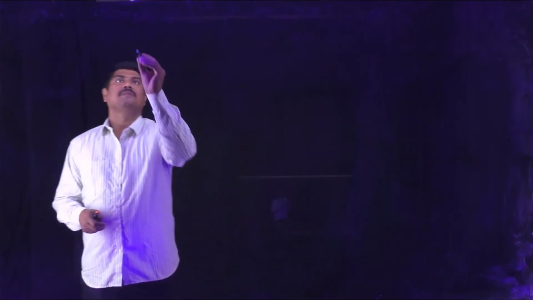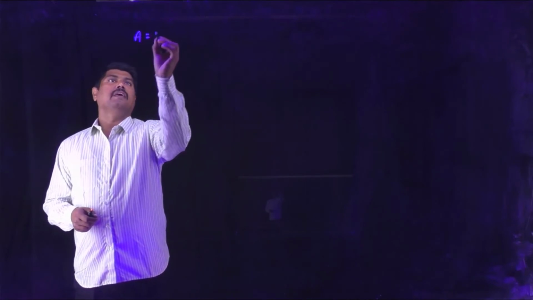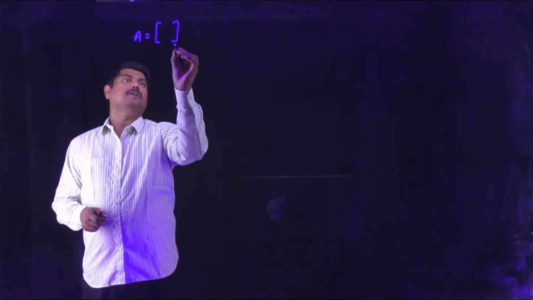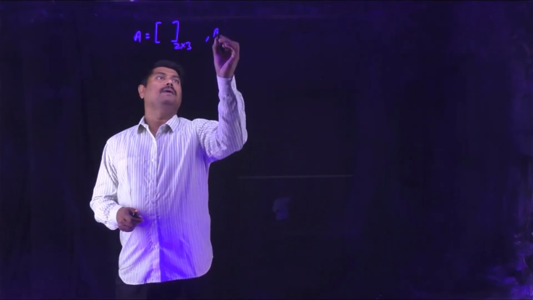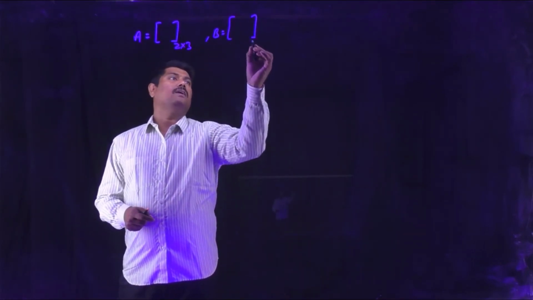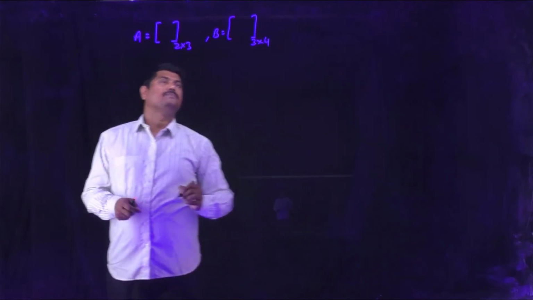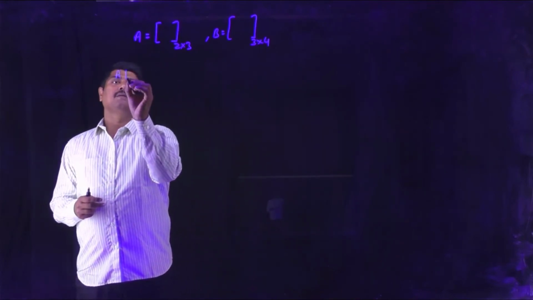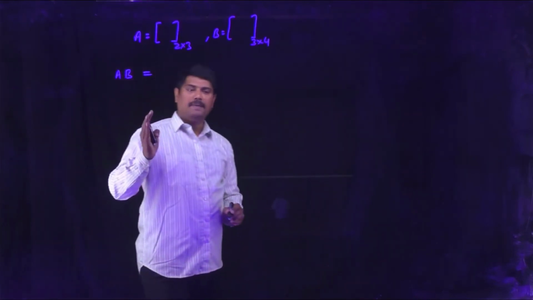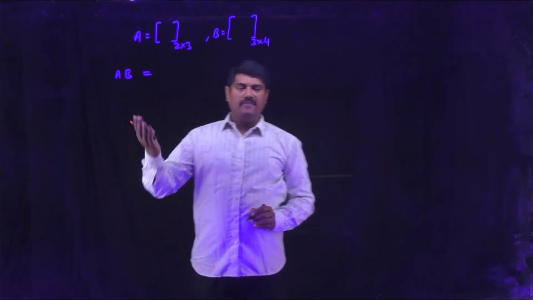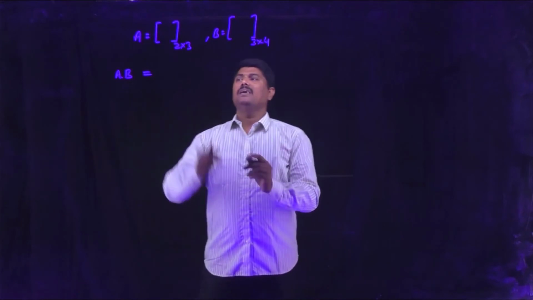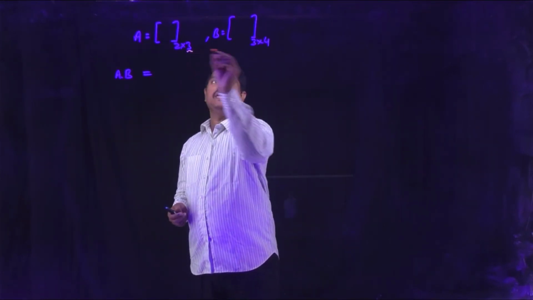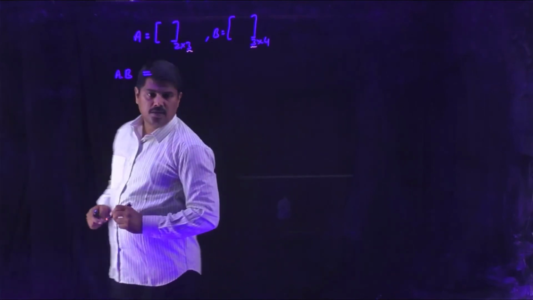Now let us discuss the multiplication process with some relative examples. Let me consider A is a matrix of order 2 by 3 and B is a matrix of order 3 by 4. Now let us consider the general format AB, whether AB is conformable for multiplication or not, that means AB is defined or not. So clearly AB is possible because the columns in A equal the rows in B. So AB is defined.